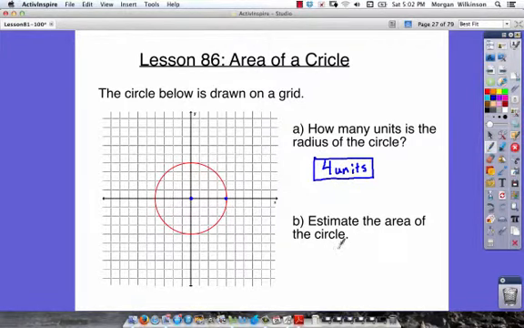Problem B says estimate the area of the circle. Well, to estimate the area of the circle, we've got to figure out how many square units there are within there. So let's count our full square units first. We've got 1, 2, 3, 4, 5. This is about full, 6, 7, 8, and 9. Well, if we have 9 here, we must have 9 in our other 3 quadrants. So the first part is going to be about 9 times 4, which is 36. That would give us all of our spots